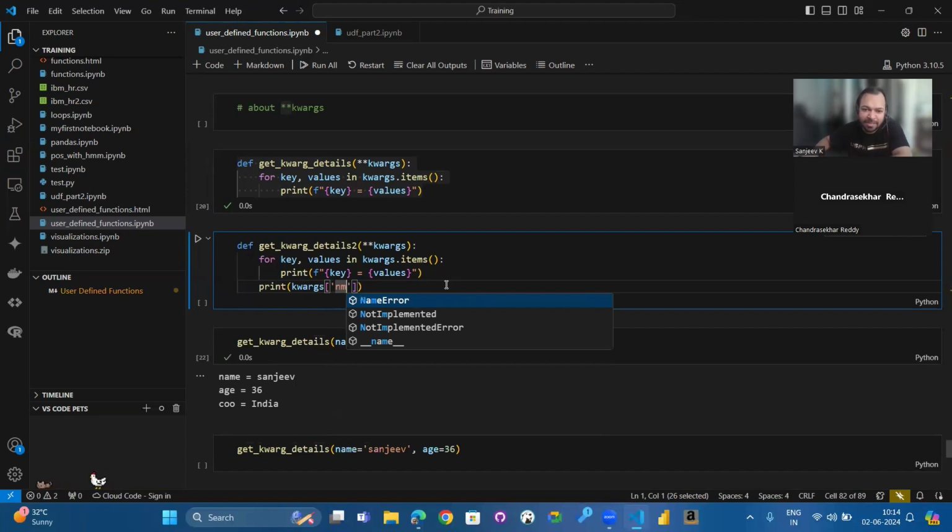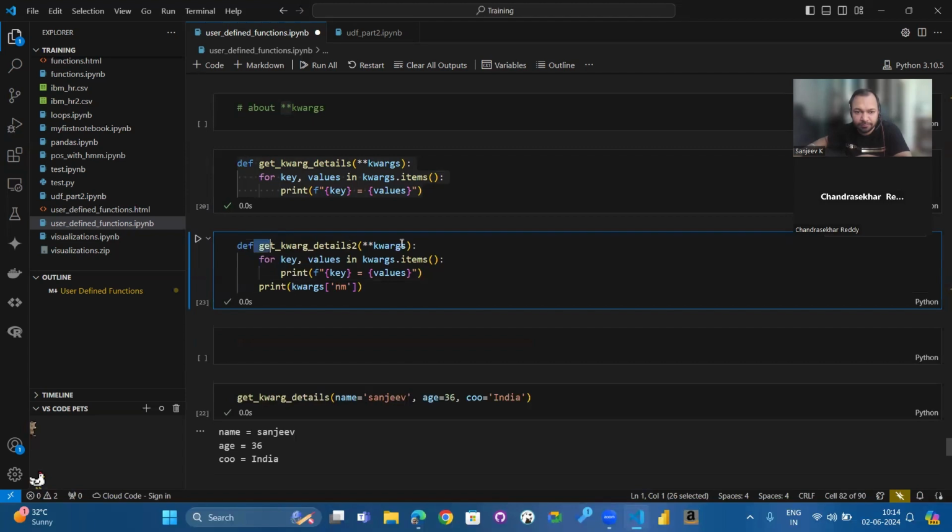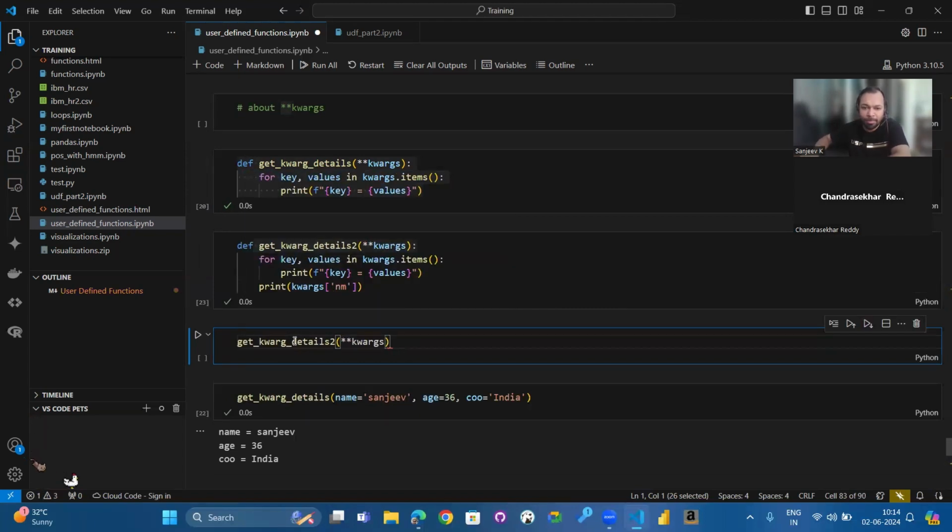I'm representing name as nm. Let us see if it works or not. Now I'll call this function back again, and instead of kwargs, I'll say name.